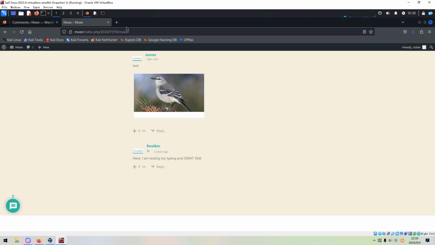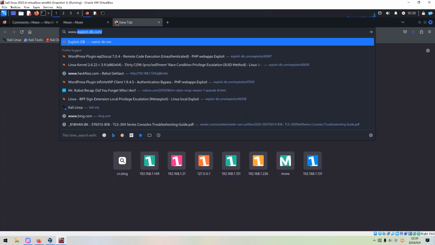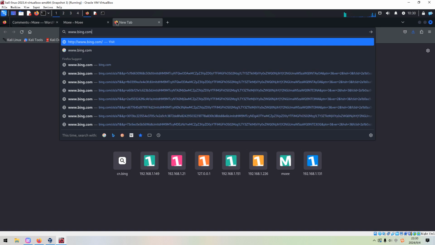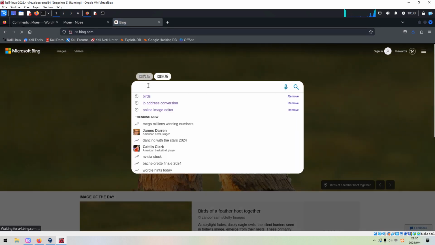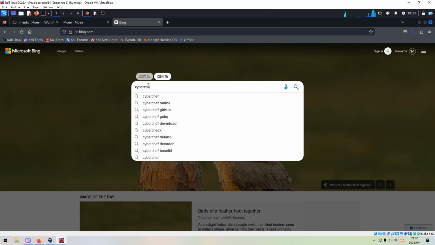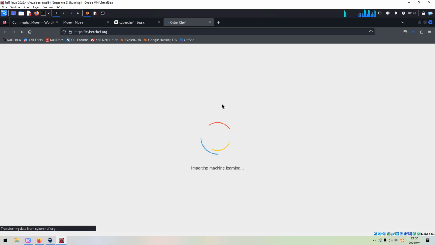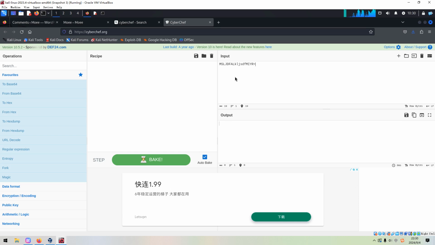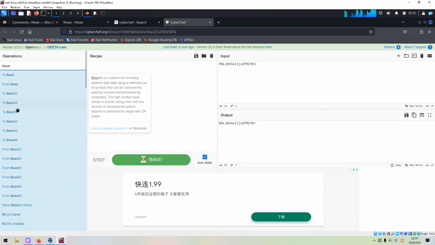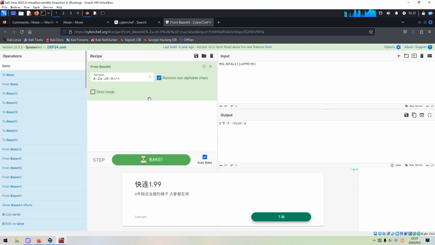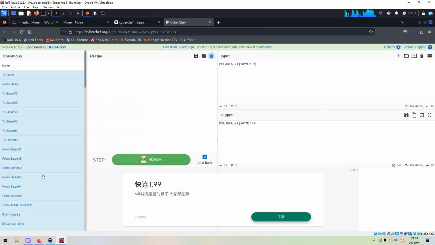Maybe we can use CyberChef to decode. Maybe this is in base64, right? We can paste over here. So base64, but gibberish.